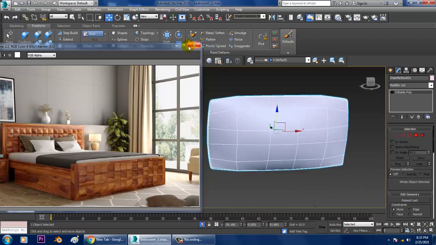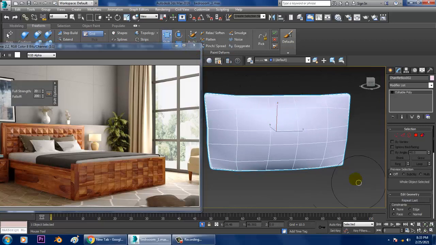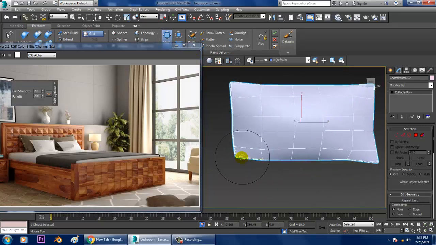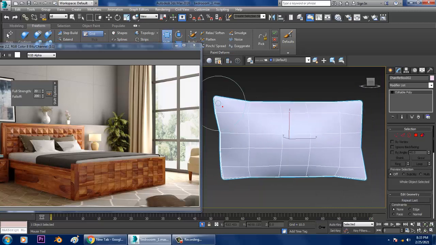You can use this shift option. You can also use that MassFX cloth option if you want to use it. You can definitely use that.